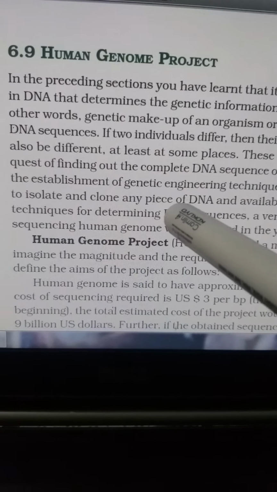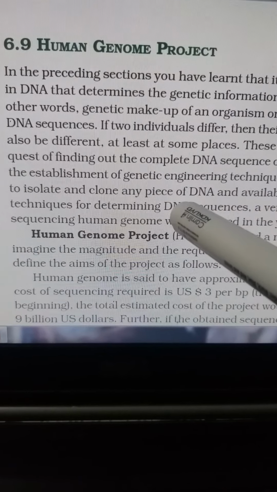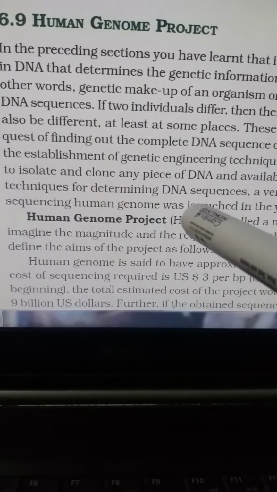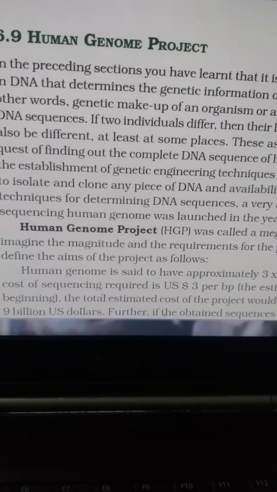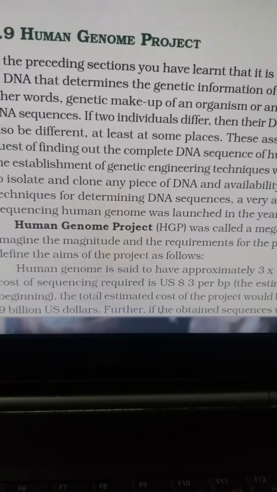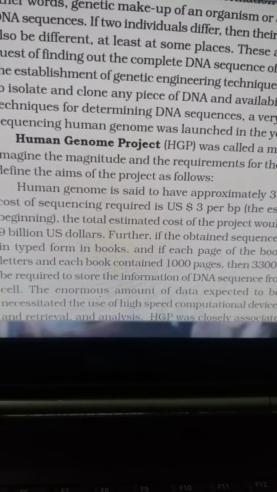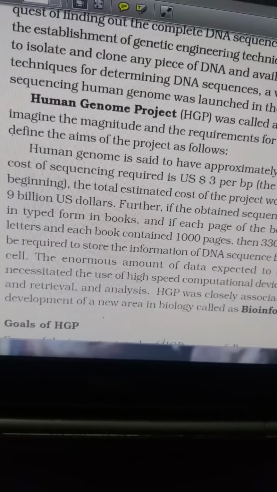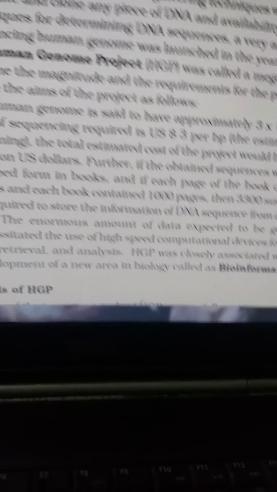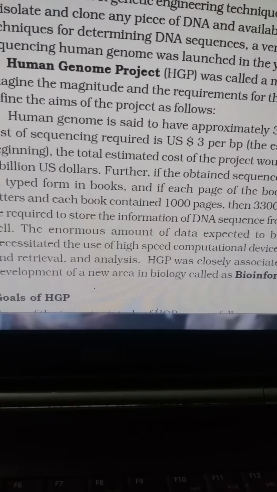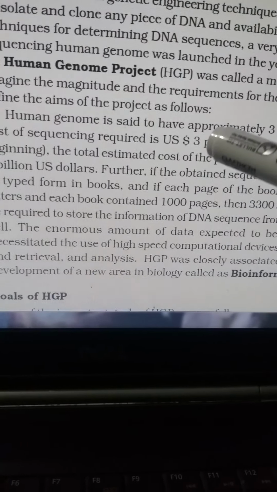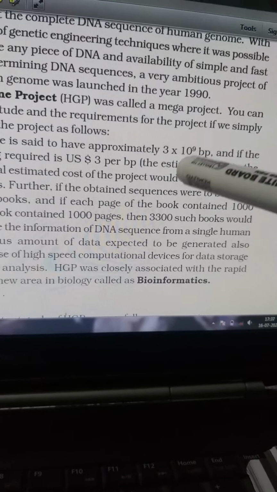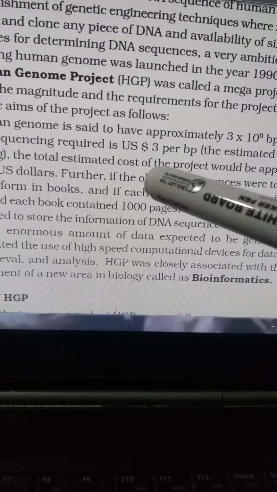Now here you see, we can isolate. Now what are the basic functions? See, we know that there are codons. An individual gene codon may code for a particular protein. Now for example, if we use it in a genetic engineering form, we can develop medicines also. For example, the production of insulin. The patient suffering from diabetes mellitus has a problem with insulin. So if we isolate that particular sequence of DNA and help it to produce insulin, we can use it. So the basic idea of the Human Genome Project, or it is called a mega project, is that it is useful for a number of causes.